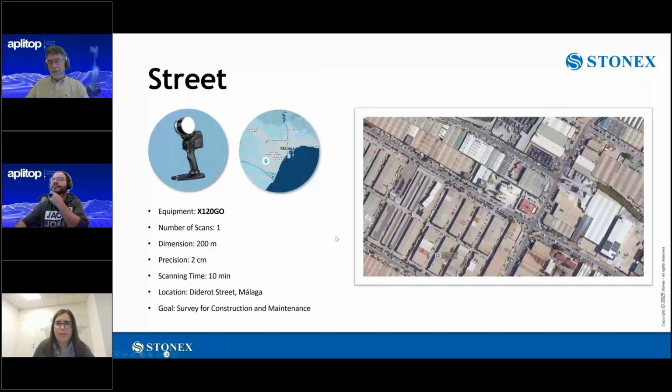Now we move outside to a street, actually a street in Malaga, in Spain. Here, the survey was made with our SLAM scanner X120 Go. It was a single scan, about 200 linear meters of walk in about 10 minutes. And the goal of this survey was to map the area for construction and maintenance purpose